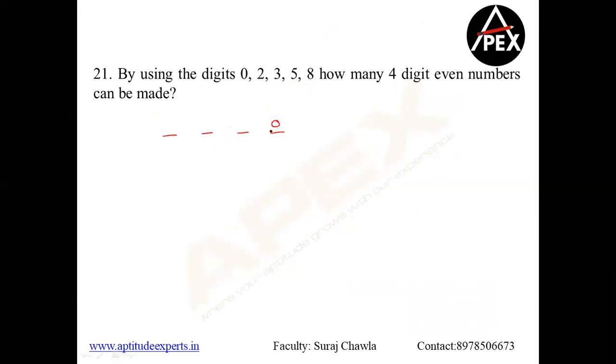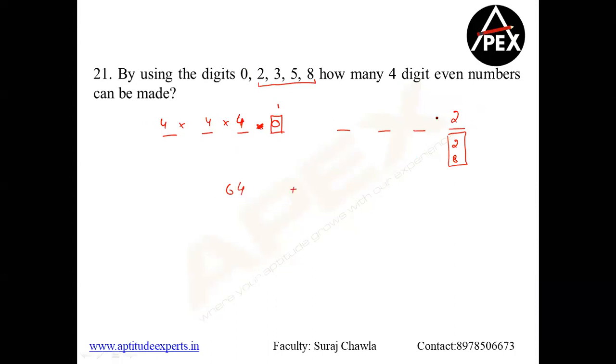Again, 2 cases: one case where 0 is blocked, and one case where 0 is not blocked. So this will have 2 cases, right? If repetition is allowed, how many digits are left? 4 digits are left, so I'll go with 4 into 4 into 4. There will be only one way here, okay? So how many cases here? 4 cube is going to be 64, plus